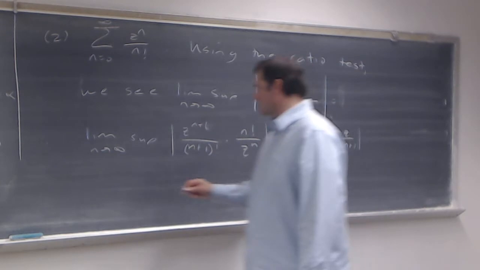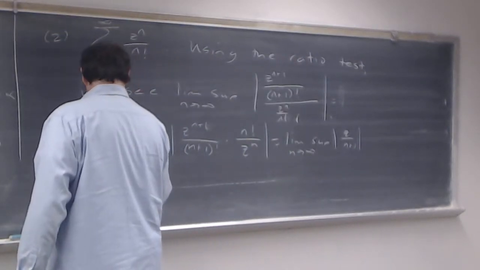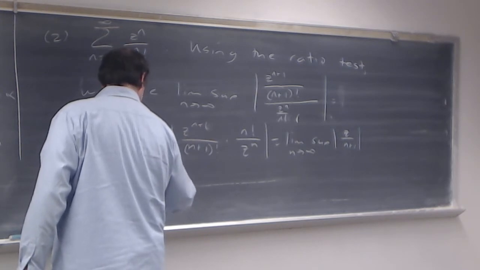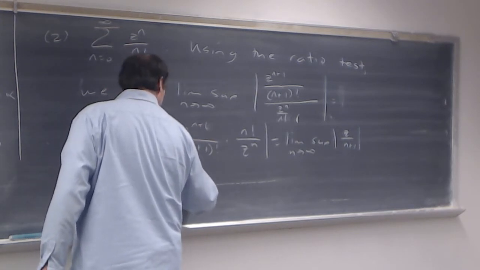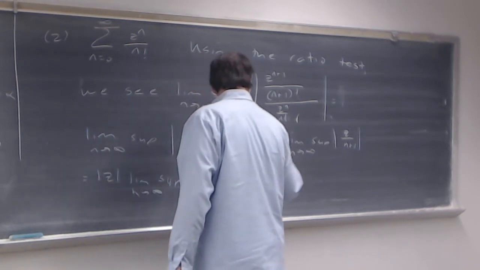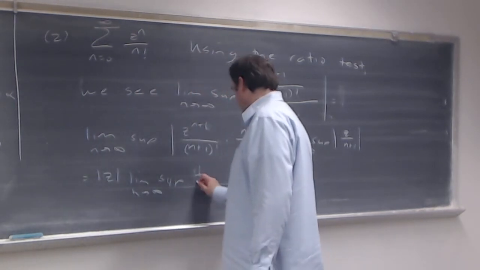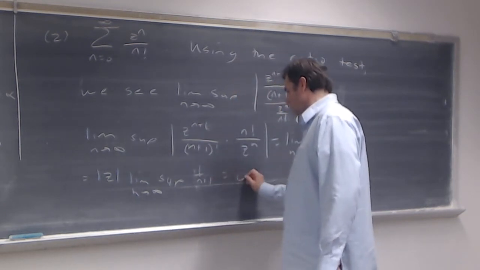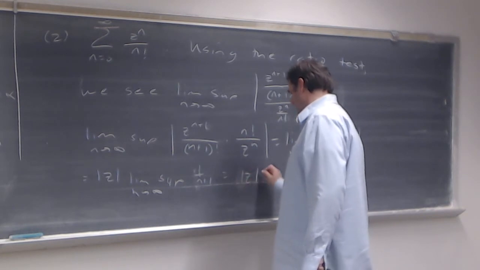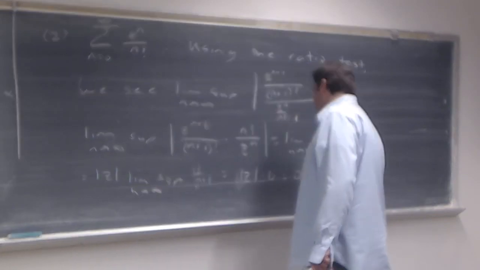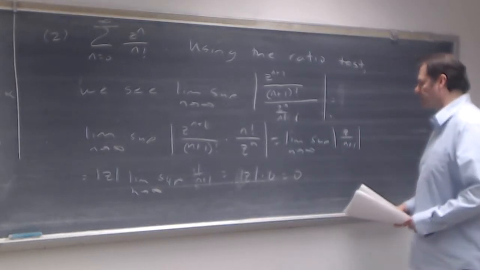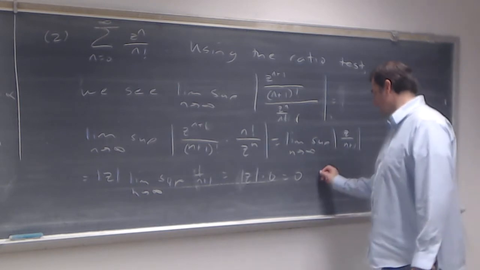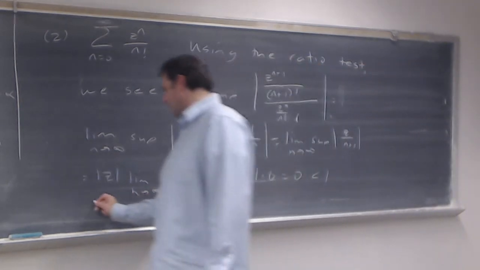And that's equal to the norm of z, or the absolute value of z, times the limsup of the absolute value of 1 over n plus 1, which is just 1 over n plus 1. And we see that that part goes to 0. That's the norm of z times 0, which equals 0. Okay, so that's less than 1. And so by the ratio test,